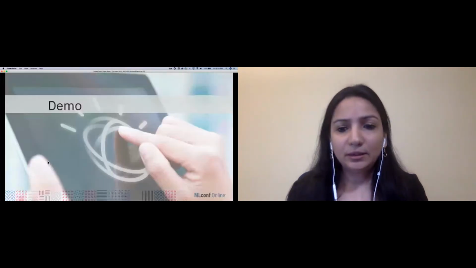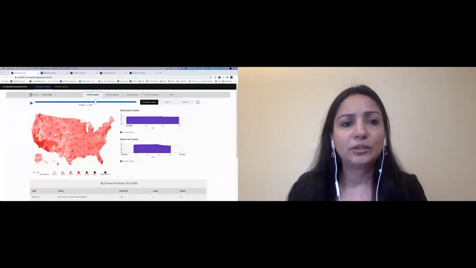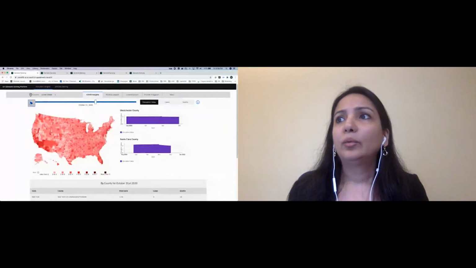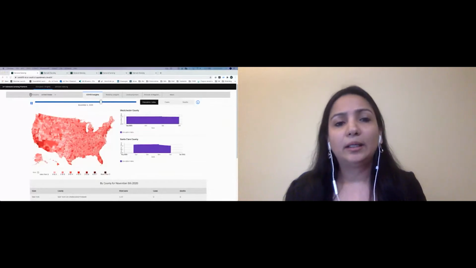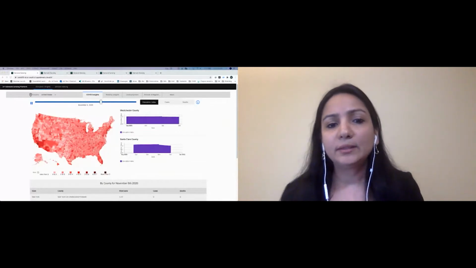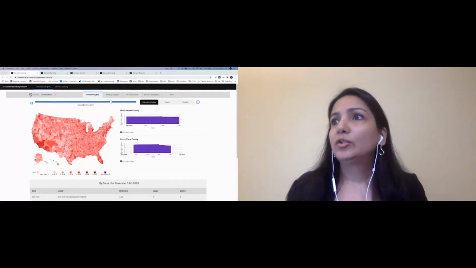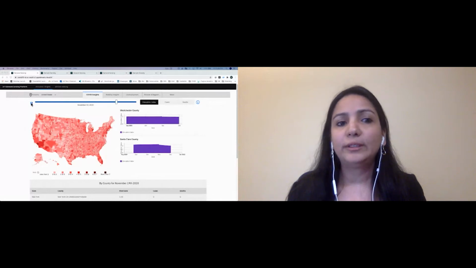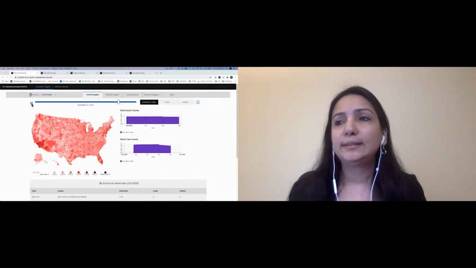So let's take a look at a demo and see these insights in action. Here, what I'm showing is how we use deep learning and time series models to create something called the disruption recovery index. And this is predicting volatility in local economic activities. The disruption recovery index leverages localized information of COVID conditions along with market and macroeconomic data, and it tracks how consumer behavior is tracking to the disease conditions.